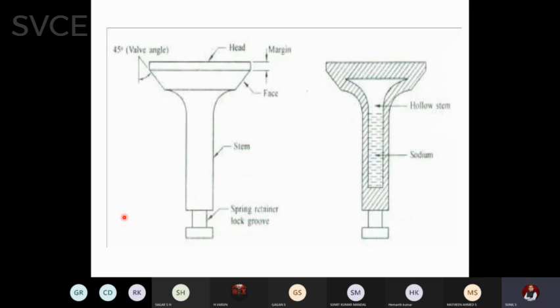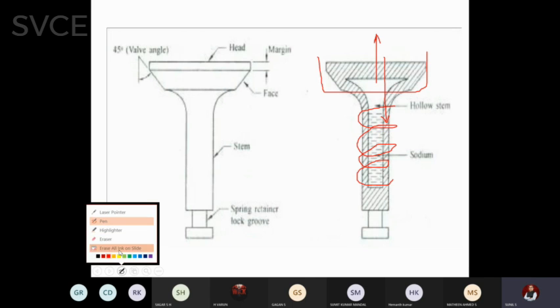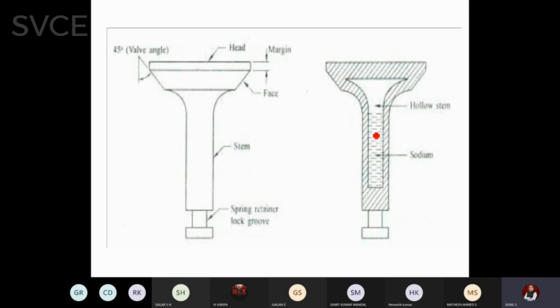You can see here the stem. This is the actual head of the poppet valve. This portion is called the head of the poppet valve. It will fit completely into the cylinder head, and it will be moving inside and outside. Whenever the valve is open, it moves in. When the valve is closed, it will be moving out. Around this valve there will be certain cooling jackets. Around the stem and the cylinder head there will be cooling jackets, which will help in cooling.